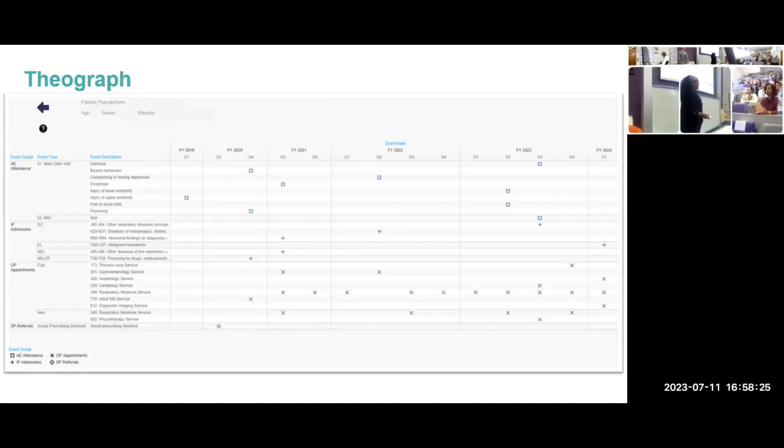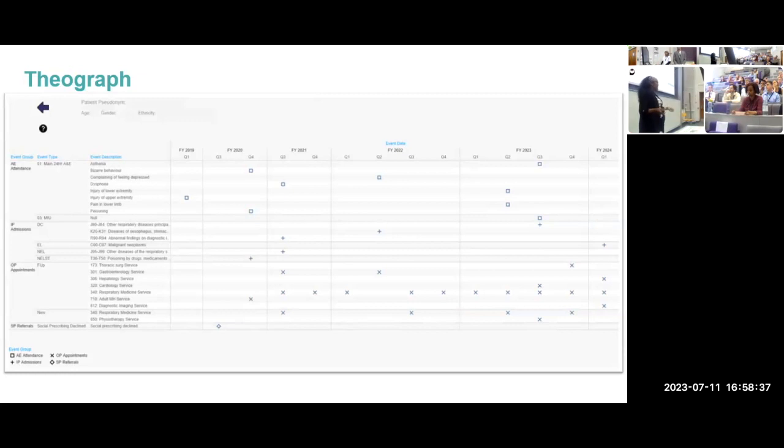added to it, so the clinician can see when the patient has been referred to social prescribing, and how their interaction with clinicians changes over time. Do they have fewer A&E appointments, fewer GP appointments? They can see that with a single visual. So that's quite a powerful graphic to add to the dashboard.